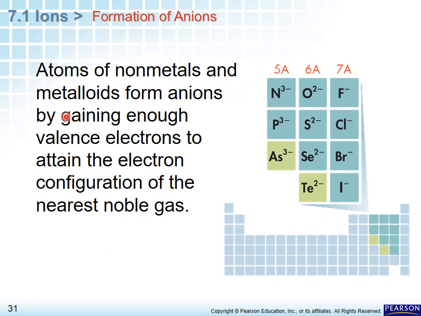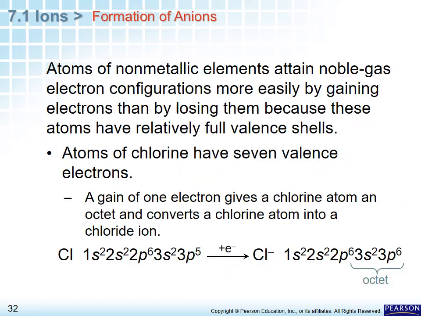Now, atoms of the non-metals and metalloids form anions by gaining enough valence electrons to attain the electronic configuration of the nearest noble gases. You can see this, all are non-metals. So, nitride ion, oxide ion, fluoride, then phosphide, sulfide, chloride, like this. Okay, now let's take the example of chlorine. Atoms of non-metallic elements attain the noble gas electron configuration more easily by gaining electrons than by losing them